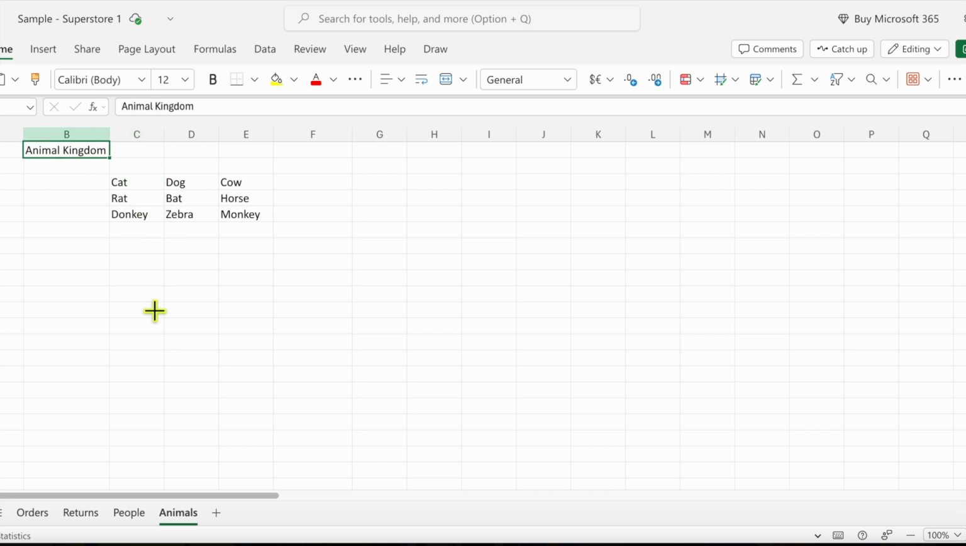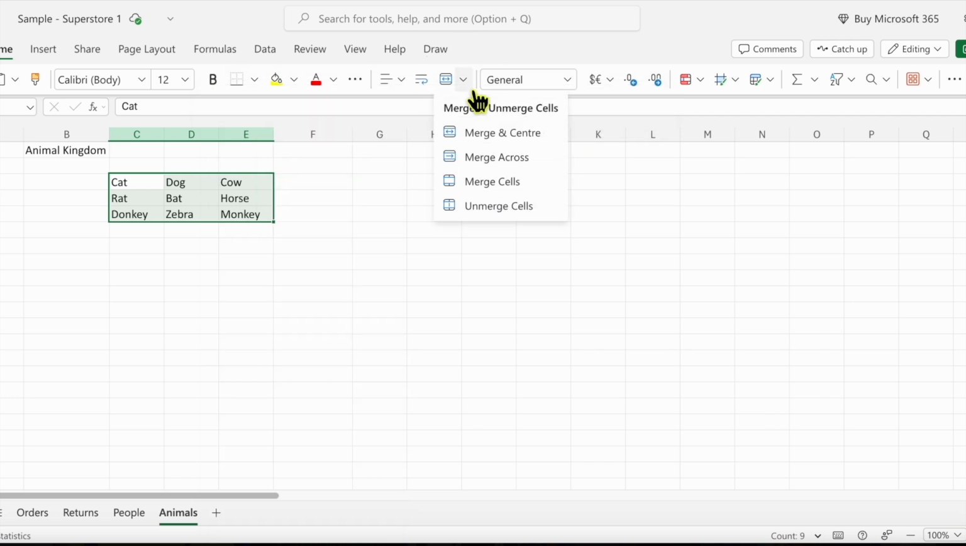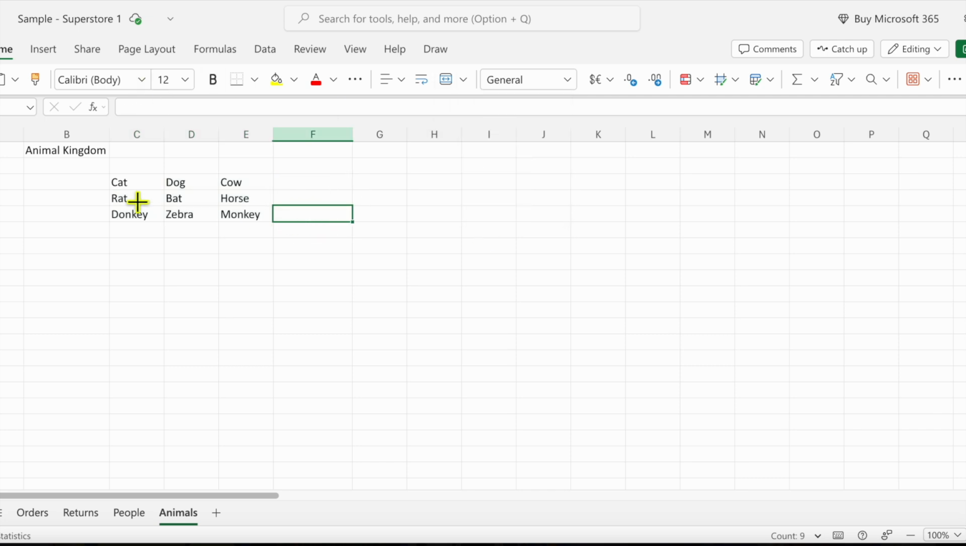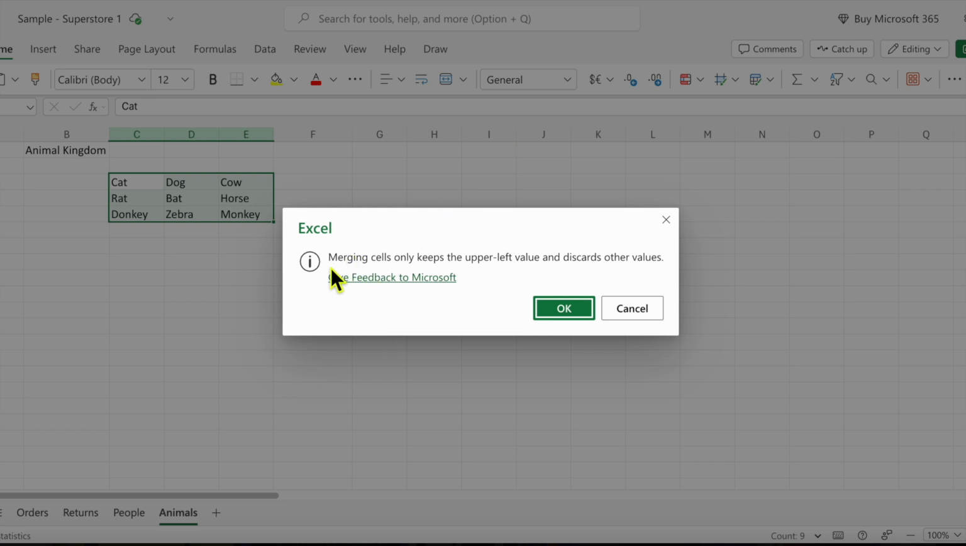Okay, this is animal kingdom. You have these names of animals where you can select, you can right click, and you will find this option, merge and center. And then you have the merge options in the ribbon as well, right? But now let's see. You select all these animals, you try merge and center, you get this message that